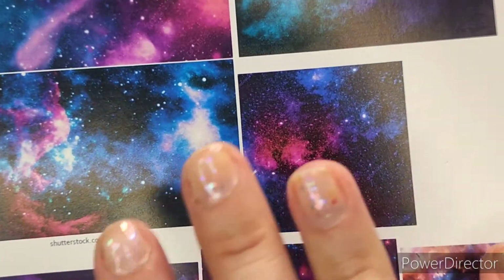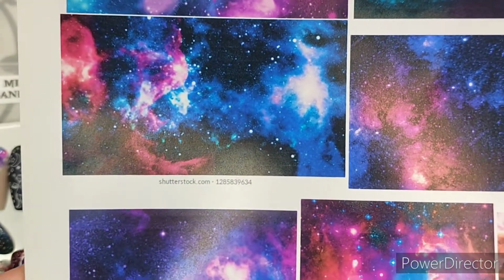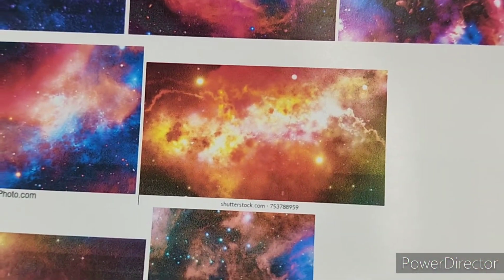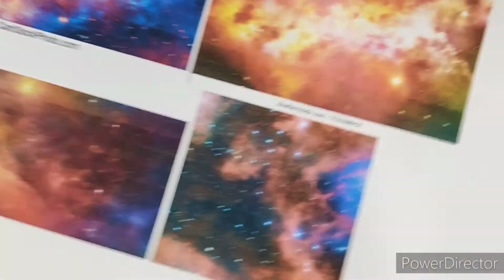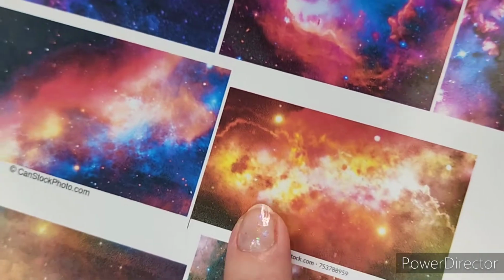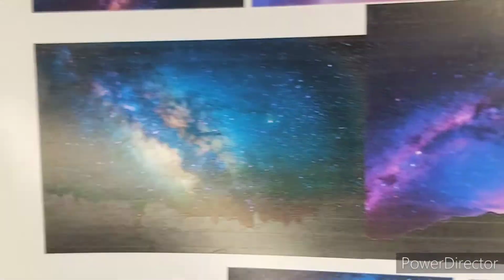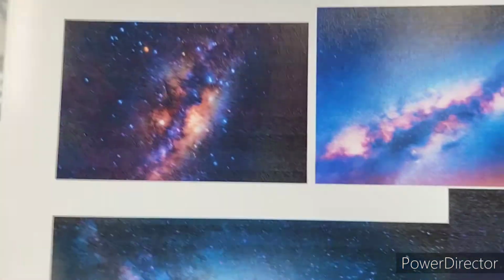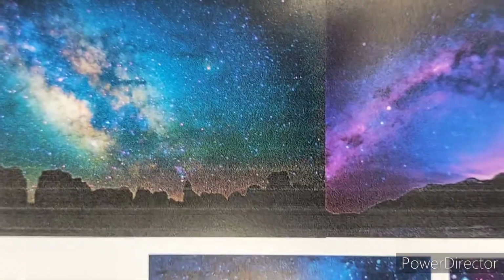Basically, what we're going to do in both the Milky Way and the nebula inspired looks, we're going to have some white laid down on a black or a dark color, and then we lay the color over that. So it's kind of like using white undies under neon polish, or the way that you'll back your reverse stamps with white so that they stand out better on a dark background before you apply them. So I just want to get through some of these and show you